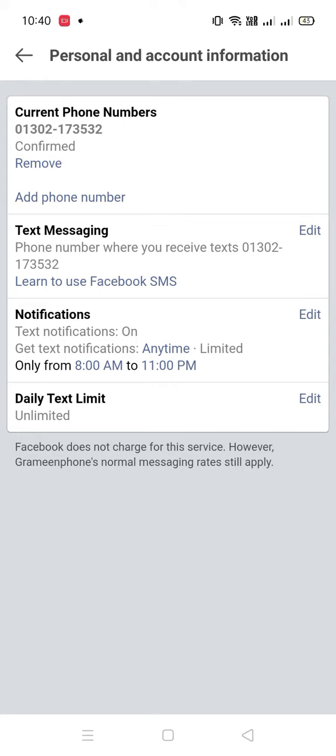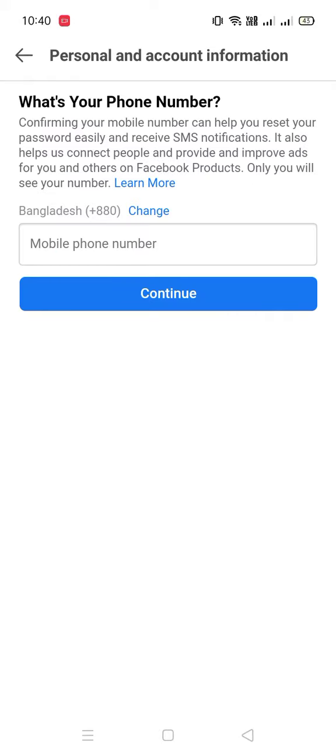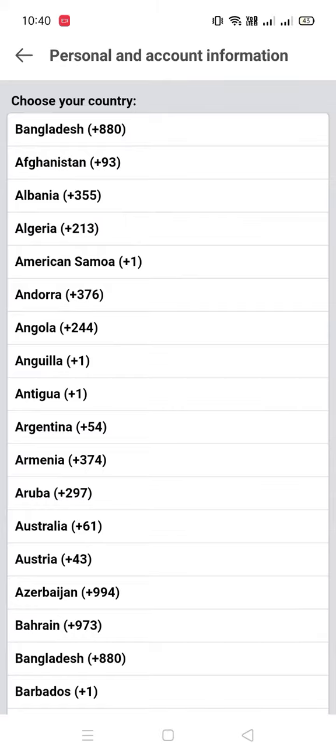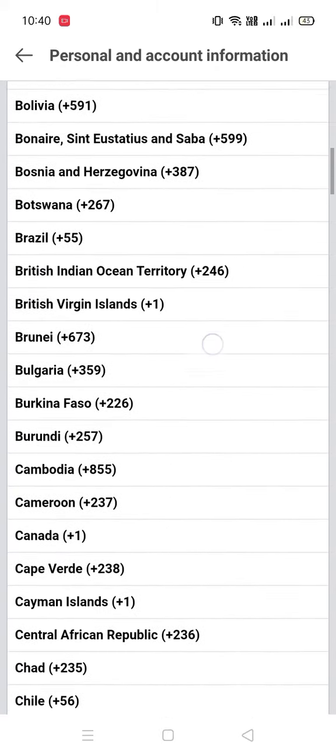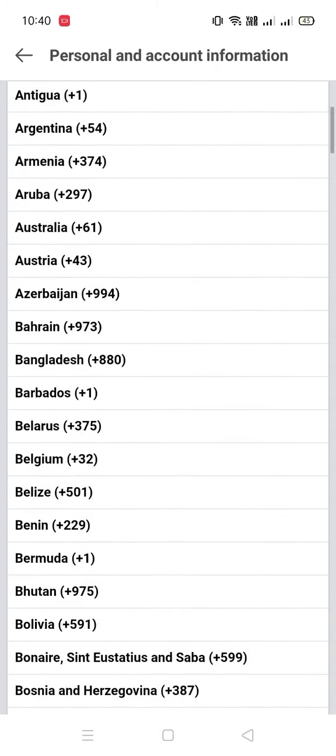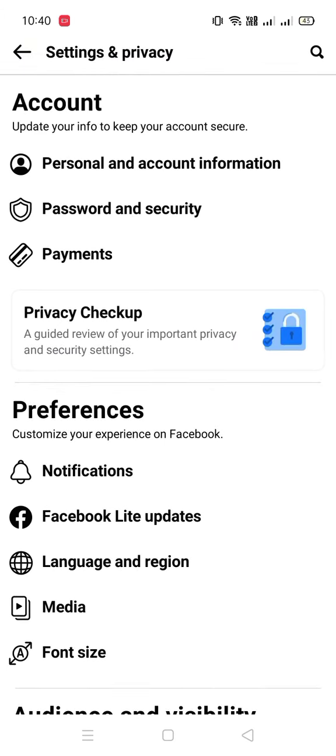Simply click on add phone number, and then you have to input your phone number here. Click mobile phone number. Once you click there, then you have to type your phone number, and if you have to choose your country phone number code, so simply click change, and then you will get your country and mobile code. So set that code, and after that you have to give your